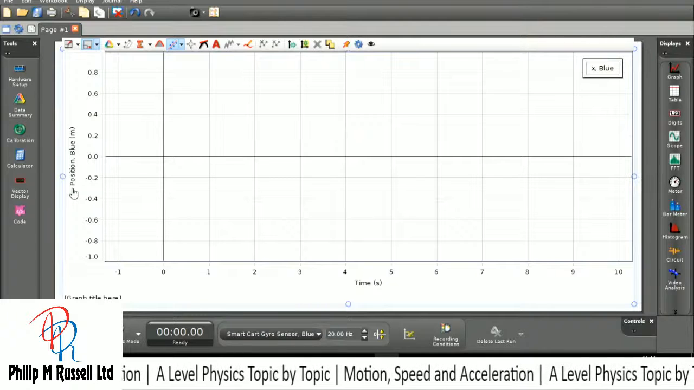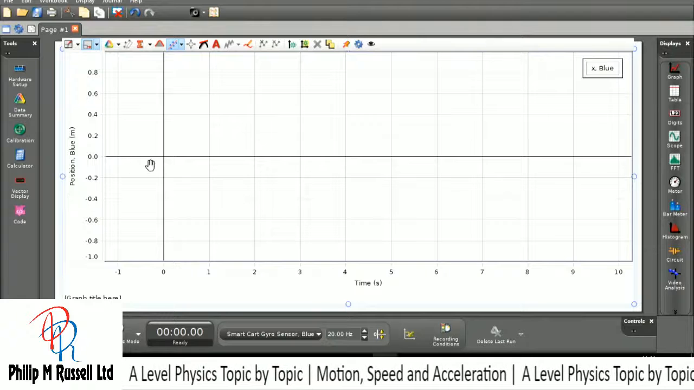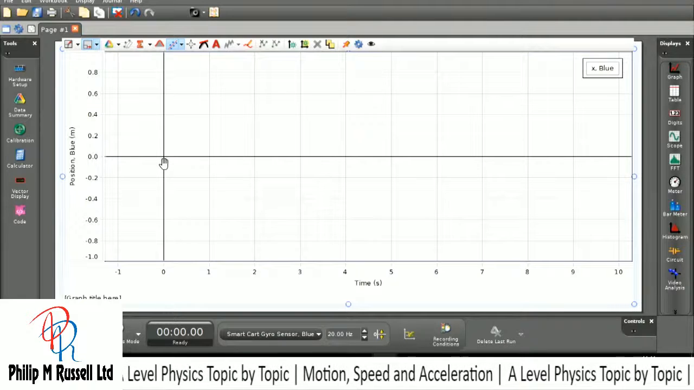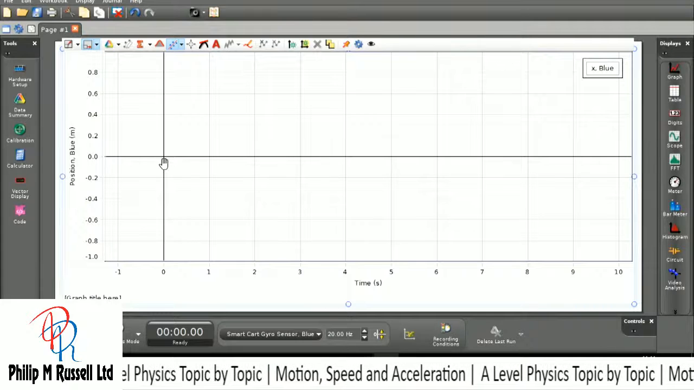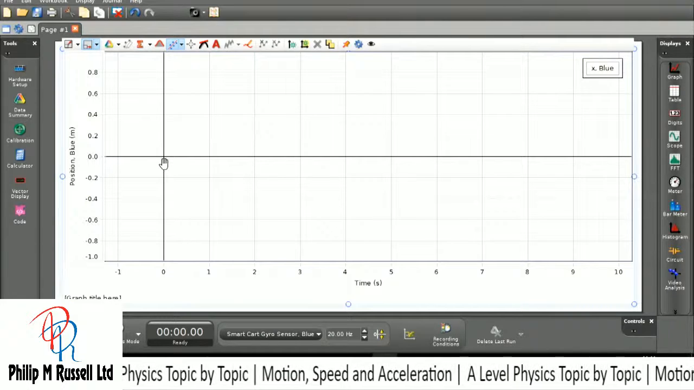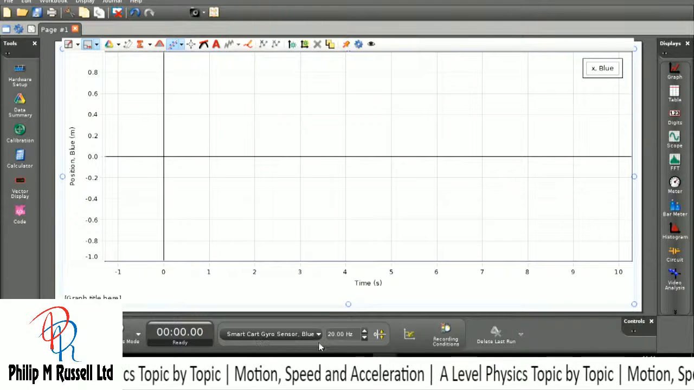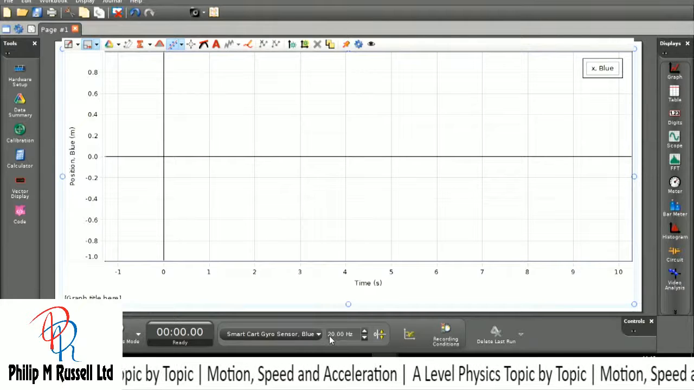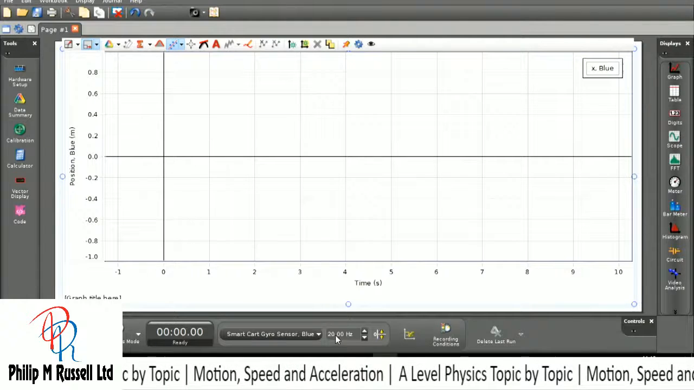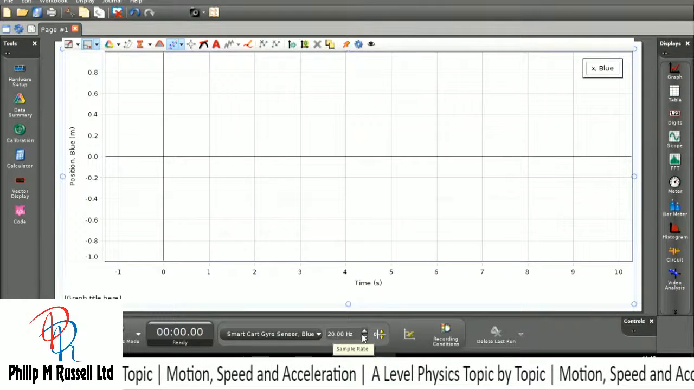The software is actually very clever because we're going to record not only my velocity, I can record my position, and I can record my acceleration and all the forces involved. So we've got a time. Down the bottom here, I'm going to choose how often I'm going to take readings. At the moment, it's setting readings to be taken 20 times a second,